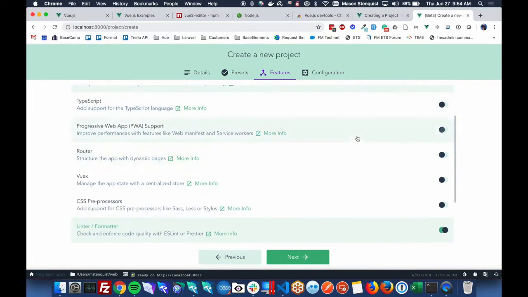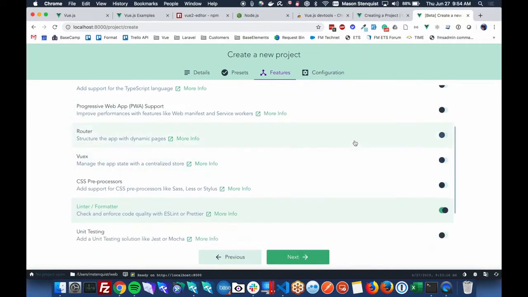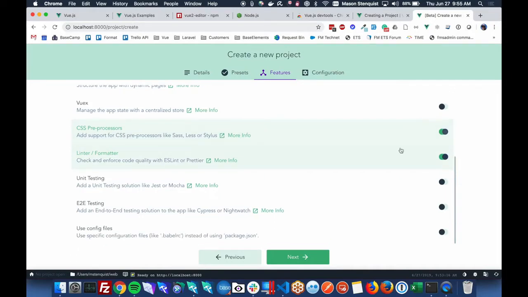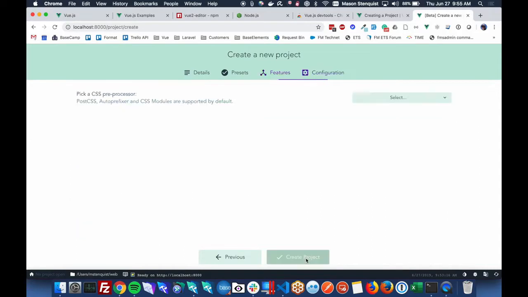TypeScript we don't need for this. This is going to be a simple project. Don't need that. We don't need routing because this is going to just be a single page. We'll do routing and Vuex in part 2. I will turn on the CSS processor. I like to write my CSS as Sass, but probably won't be super important here. And in a real project, you'd probably want some tests. We're going to skip that for now, and that looks good.